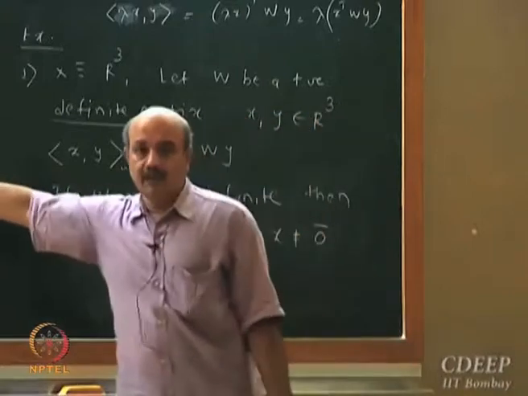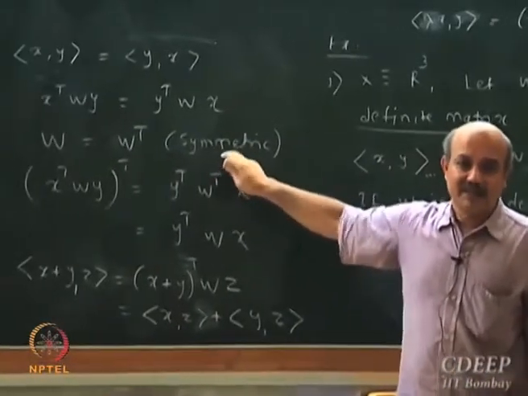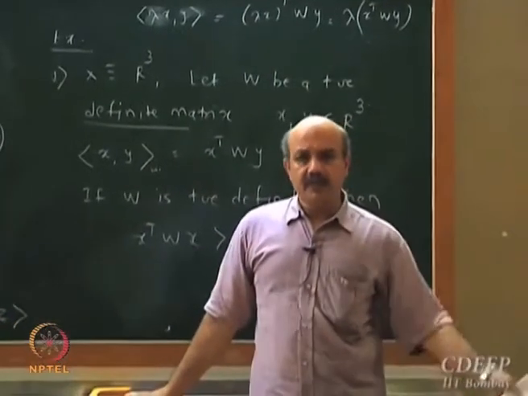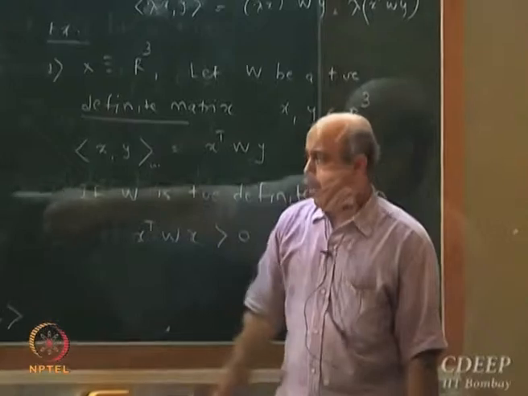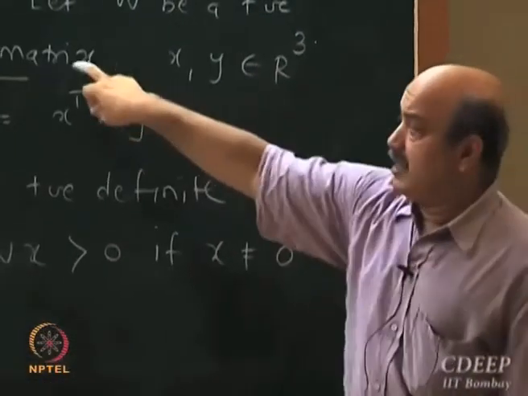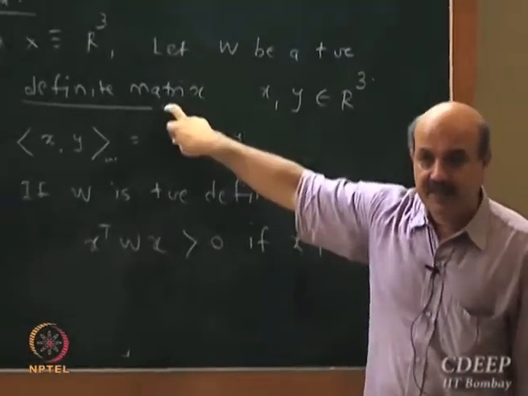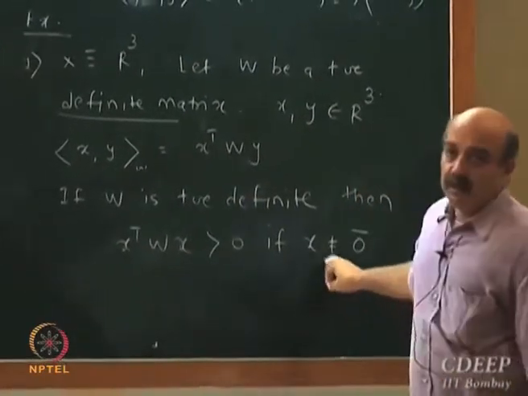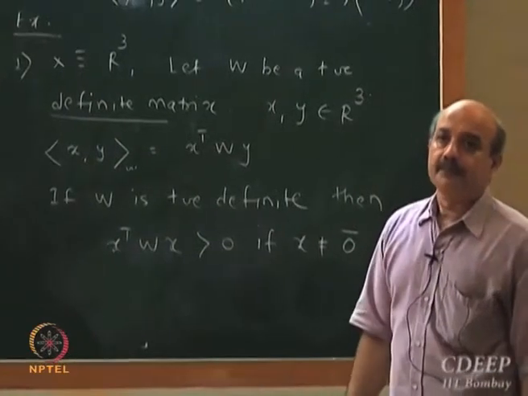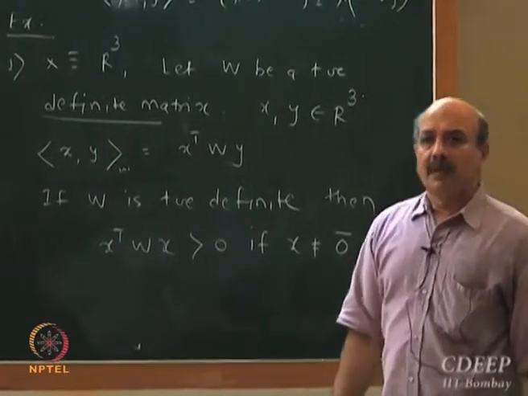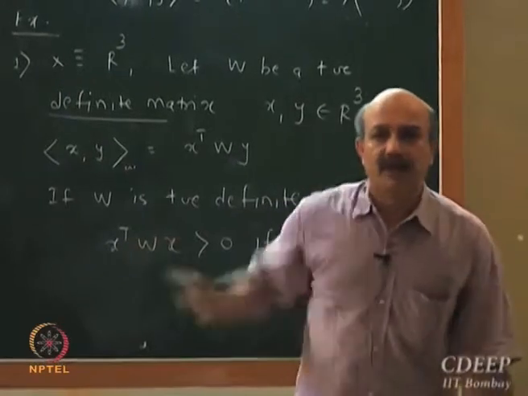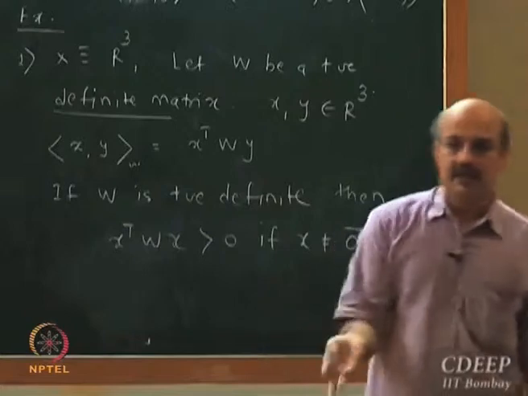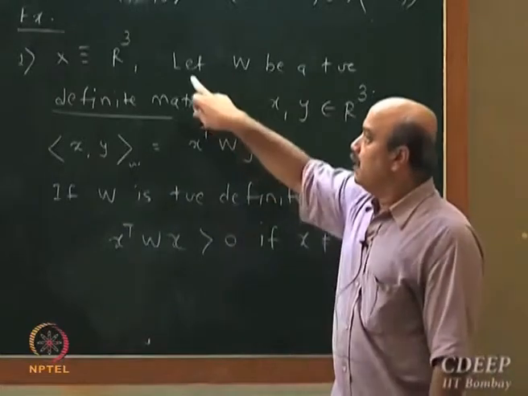Yeah, so that's why I said that W has to be positive definite and symmetric. Symmetric is important. X transpose WY will be symmetric, no? So just positive definiteness is not enough, we need symmetry also. So symmetric positive definite matrix is important. Lambda bar is complex conjugate, but we are working right now with real numbers, so complex conjugate will be the real number itself.